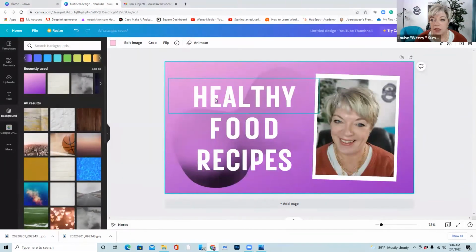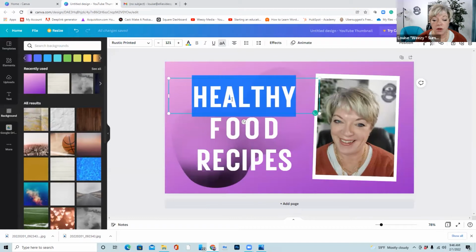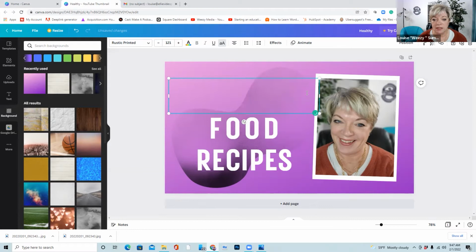Okay, so here we are. You see how I'm hovering on the word healthy and that blue box is around it? That means it's active. So that means that you can go ahead and make your change. So here you want to click your mouse or click out. Let's click out. Let's go back in. Click it again. You can drag your mouse across the word to select it. And then we're just going to hit delete. And we're going to put